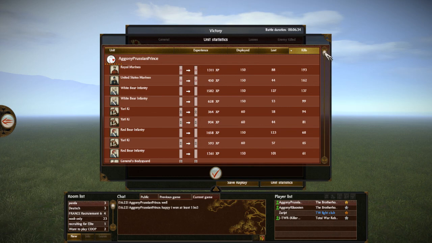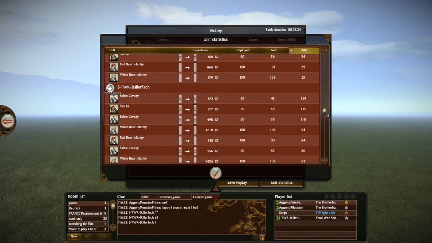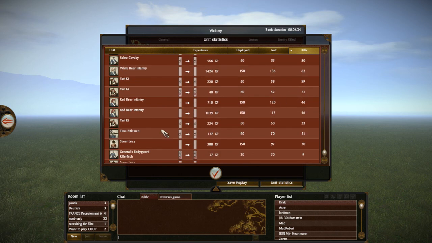And look at the saber, Killerfisch actually got 219 kills. Yeah, so they did really well. Really well, but the rest of the cav did okay, I guess. But looking at the infantry, some of the cav did pretty horribly. The Tosas didn't do too well either. It just wasn't enough. Just wasn't enough. Exactly. Because in the end, yeah, Tosa rifleman and